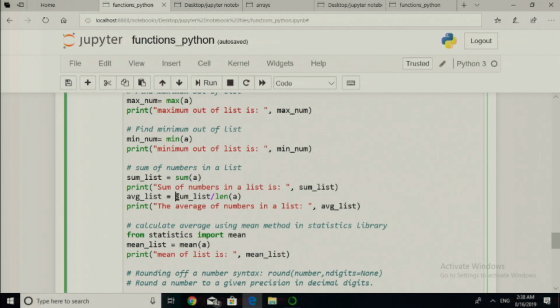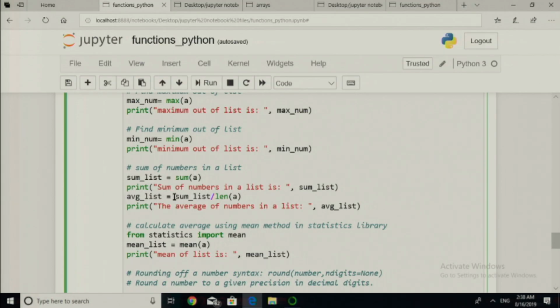And if you want to find out average, then you will have to make use of one more function, that is length, len, and within arguments you can pass a. So, you can see that I have calculated here average of the list, and for that we have used this syntax avg_list, that is average_list, equals to sum_list divided by len of a. So, the value corresponding to sum_list is divided by length of the list, and we can display the